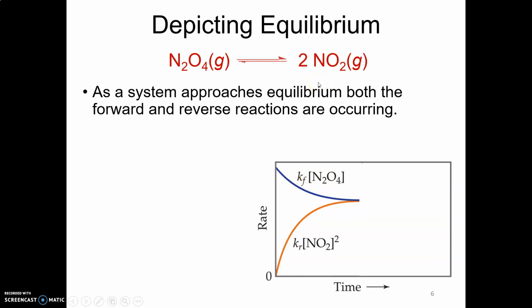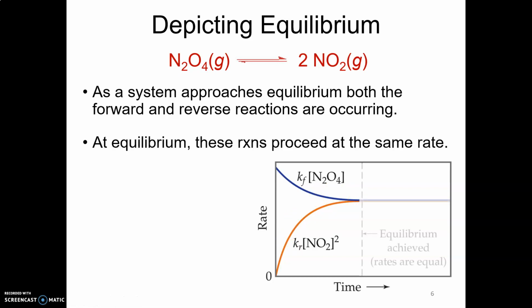But if we consider the reverse reaction, then this would be your reactant. So rate equals k times the concentration of NO2 squared. So Kr, k reverse, times the concentration of NO2 squared, and you notice that it is increasing over time. And eventually these two hit each other. Once they hit each other and they are the same, they don't change after that point. Equilibrium is achieved and the rates stay the same. Basically, it doesn't mean the rates can't change. What it means is the rates will only change